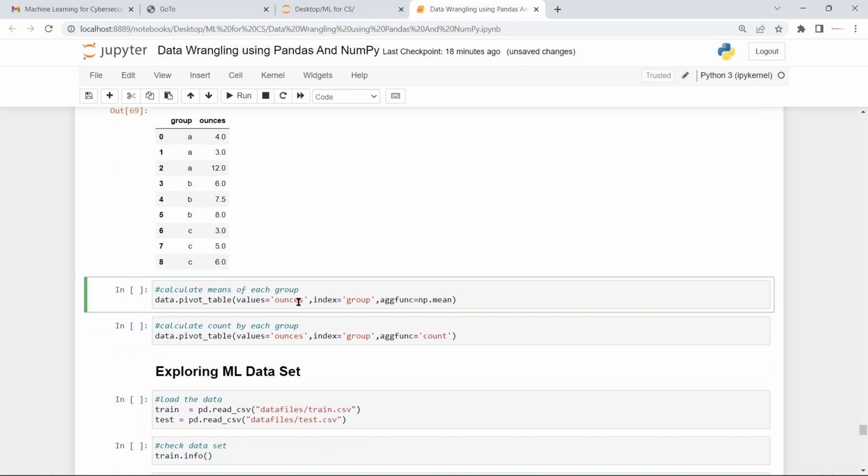Okay, we are using the values, which are nothing but the ounces. Index is nothing but the group, and the aggregator function is nothing but the mean. Which means that we are creating a table, which is just